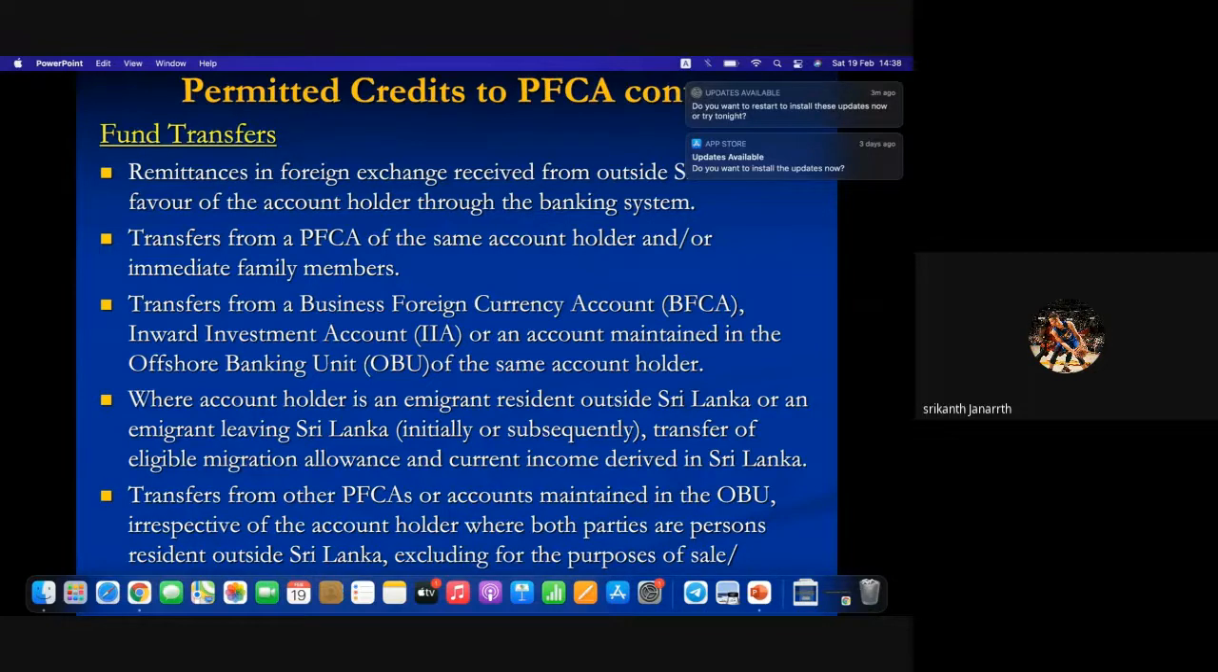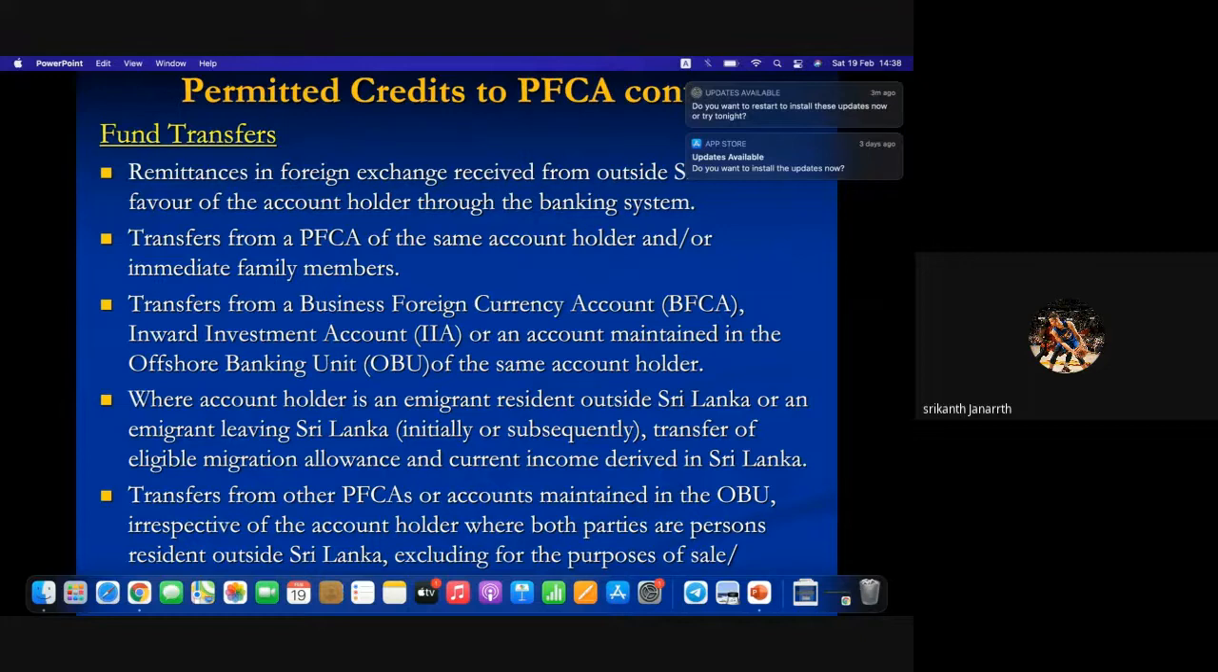One person has an account with Bank of Ceylon, the UK guy. The Canada guy maintains an account with HNB. So both can transfer to each other because both are foreigners. So they have no restriction. If the PFCA holders are outside Sri Lanka, they can simply transfer funds. There's no restriction, right? So remember that the transfer should not be, there is an exclusion, the sale proceeds of